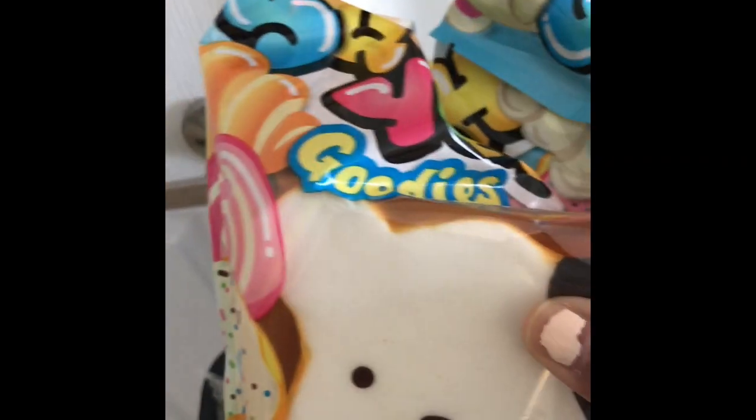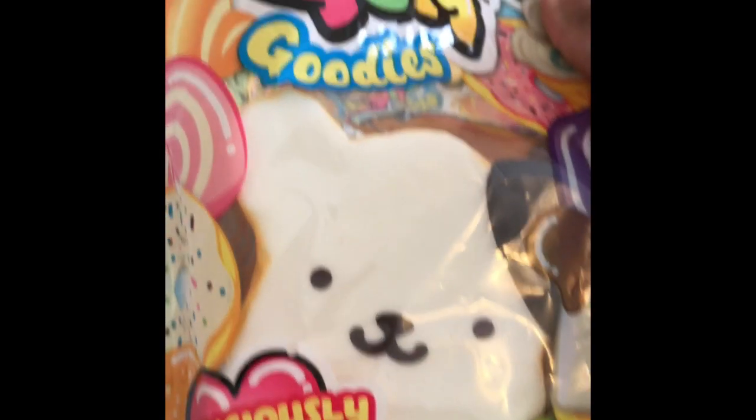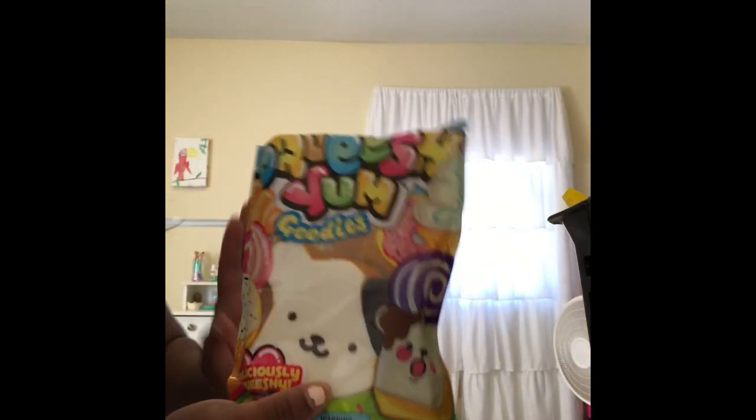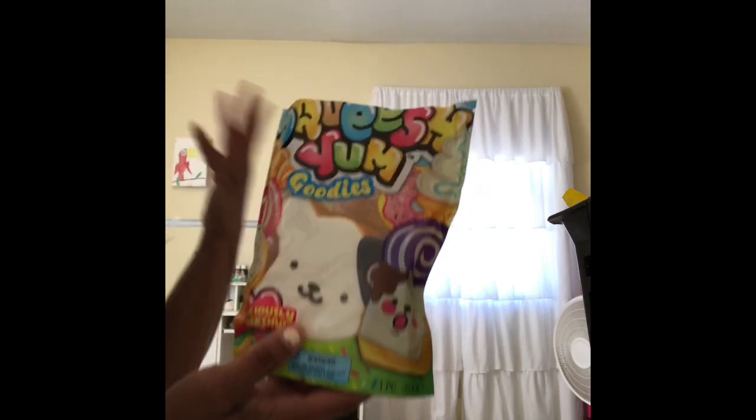Okay, so I'm going to pick squishy number 2. Oh, okay. I'm going to reach in the bottom, so. Alright. Okay, so I guess I will be cutting this one in half. But this one's okay, kind of, because I actually have 2 of them, so it's okay. It's a good pick, I guess. So let's go ahead and cut this in half. So, like I said, I have 2 of these, so I'm kind of not that sad. So I'm kind of happy I picked this one. So, I mean, I'm not happy, but I'm never happy cutting squishies, but